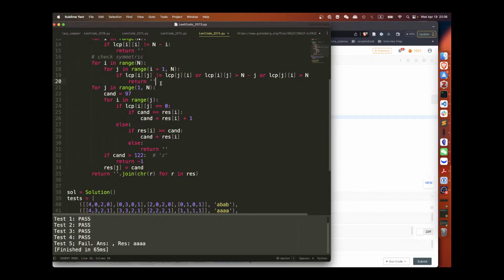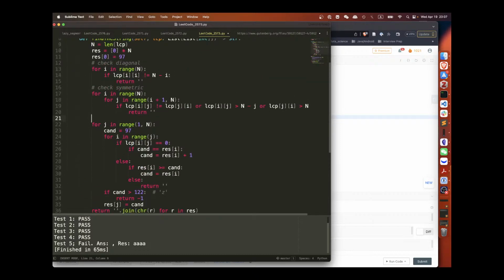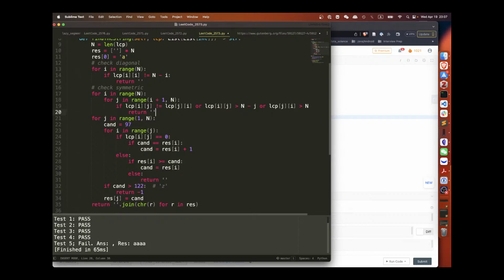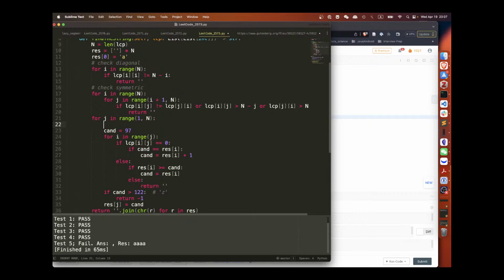Hold on. So what you're saying is we can set it to, we don't need to do this, we can do this, that's fine. Okay, diagonal, symmetric, and then we're gonna go diagonal down. Okay. For j is 1 to n. That's correct. Then for i in range,